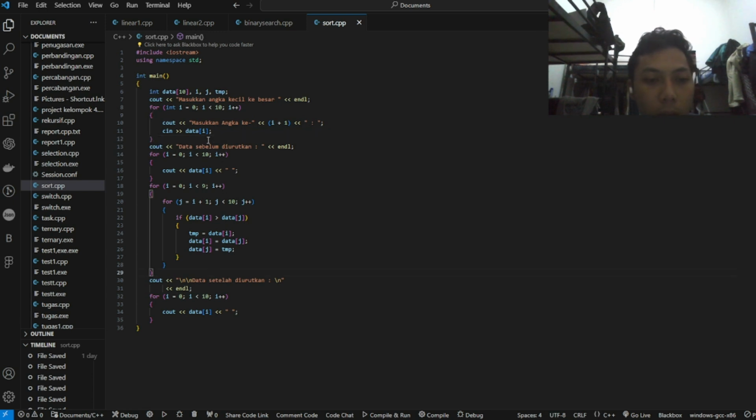In this unsorted data, we put the first for with condition I is equal with 0 and I less than 10, in increment of I, and print out data by I, and until this for condition is false,